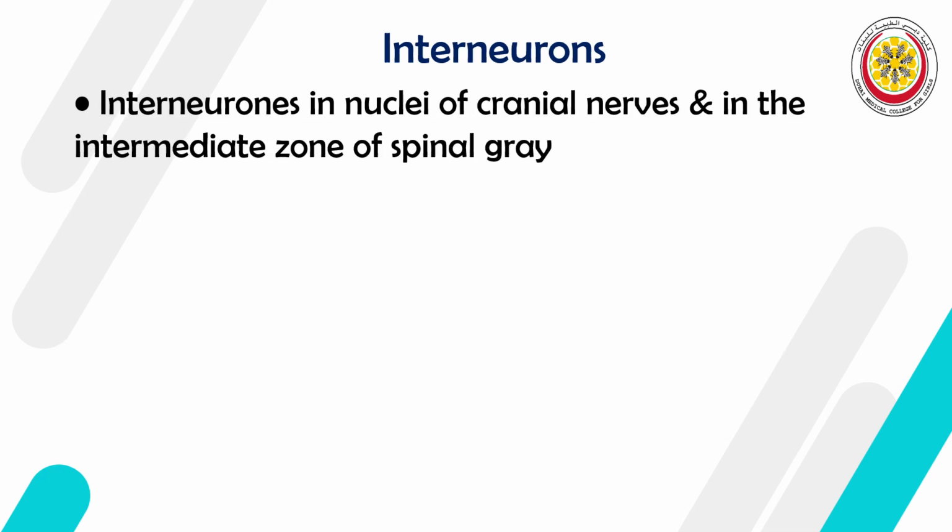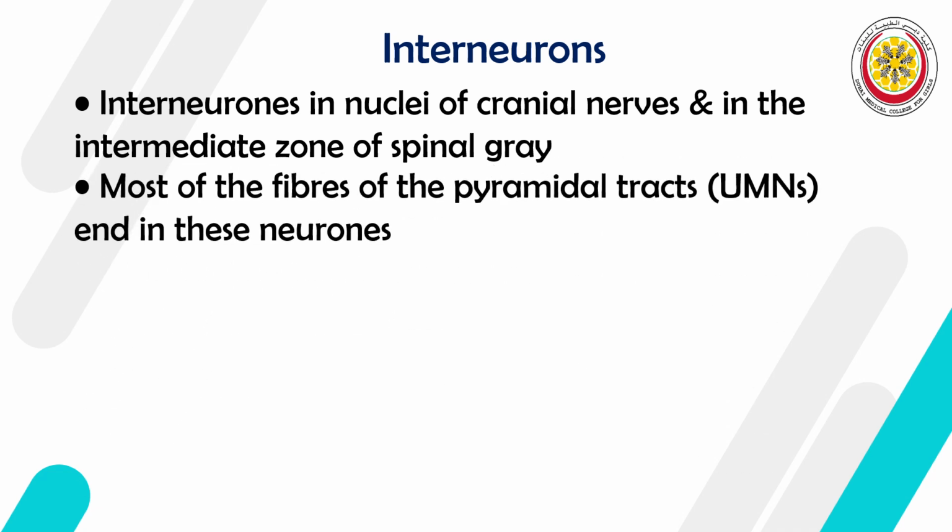Now, at the beginning I said we have at least two neurons. And I said at least because sometimes we have more. We have something between the upper and lower motor neurons. This is important for modulation purposes, for reflex actions. So sometimes we have interneurons. Now, interneurons are found, for example, corticonuclear. We didn't specify yet, but the part of the